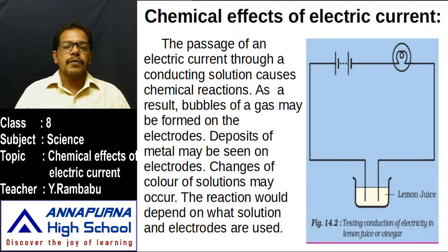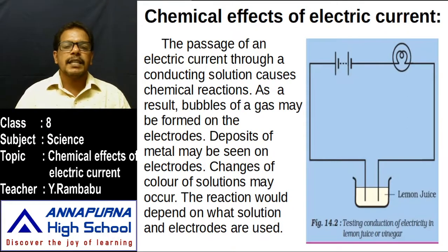But in the case of aqueous solutions of acids, aqueous solutions of bases, aqueous solutions of some salts like sodium chloride, copper sulfate, and lemon juice, we observe deflection in the magnetic compass, or the LED glows. That means through that liquid substance, the electricity passes. That's why these are liquid conductors or electrolytes.